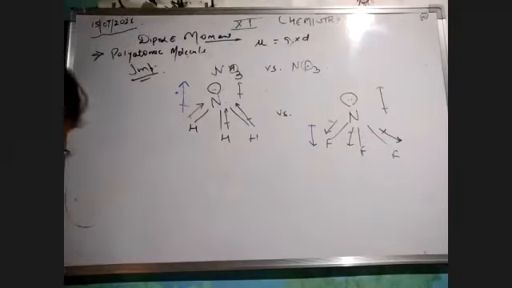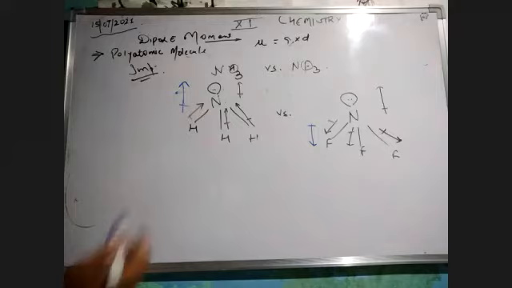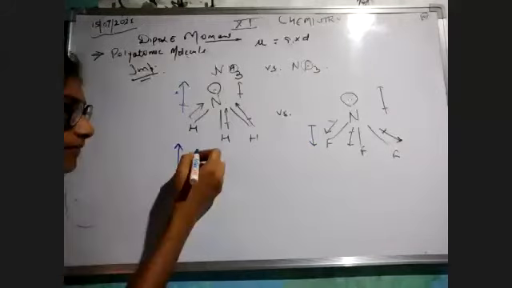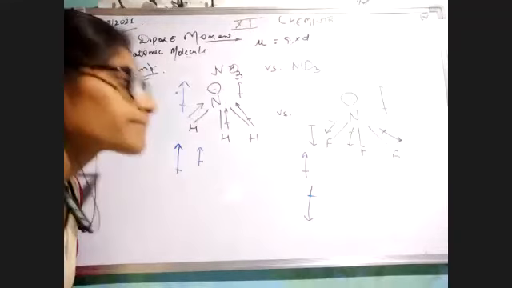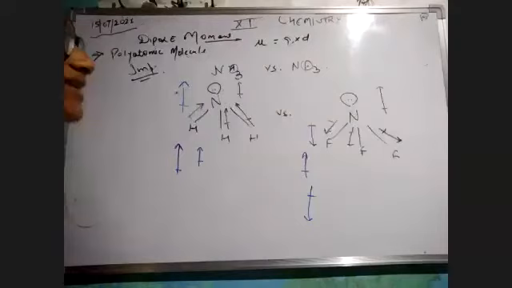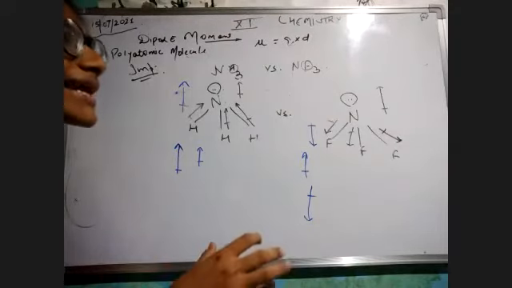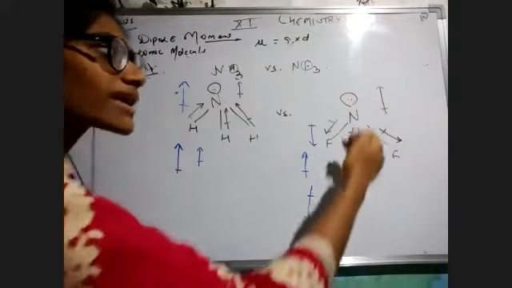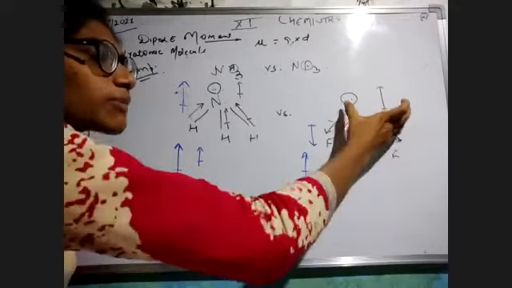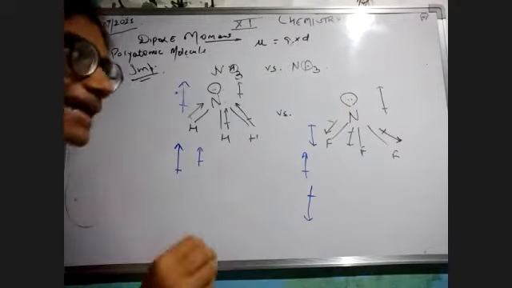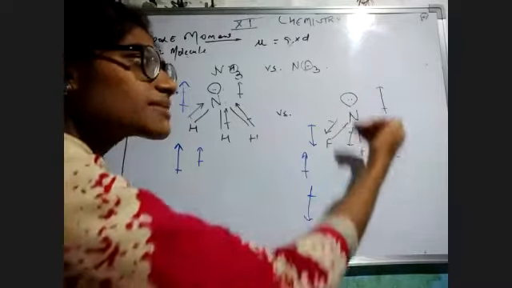Now you combine them yourself. Overall this is the resultant dipole moment, whereas in this case we have this resultant dipole moment. So from these two factors, can I say that in NF3 the resultant dipole moments would just cancel out each other only if this dipole moment and that dipole moment were the same? But this is not the same. But can I say there would be subtraction between the two?